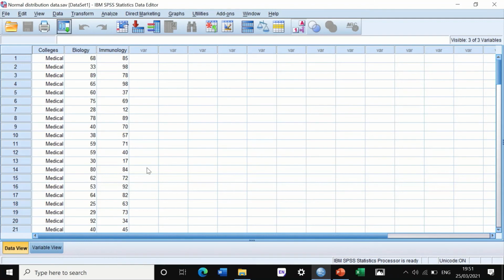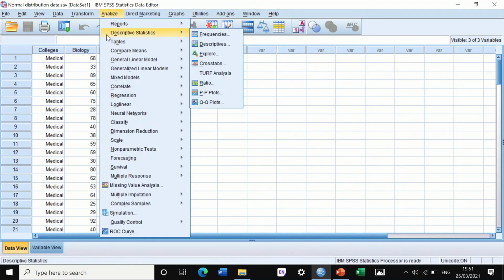And before moving forward and performing any statistical test, we need first of all, as the first step, to look at this data and check whether they are normally distributed or not. So I will show you 3 different ways how to do the KS test in SPSS. The first one is if we click on Analyze and then scroll down to Descriptive Statistics and then to Explore,